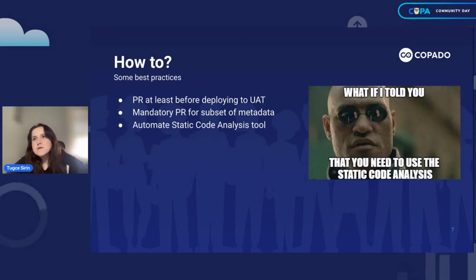And as Morpheus says here, what if I told you that you need to use static code analysis? Because with the static analyzers and having them run on the pull request reviews, it means your team members don't need to check stuff that can be done by the machines, like best practices, security rules, styling enforcements. And this all can be commented by the automated tool, and your team member can focus on the overall solution